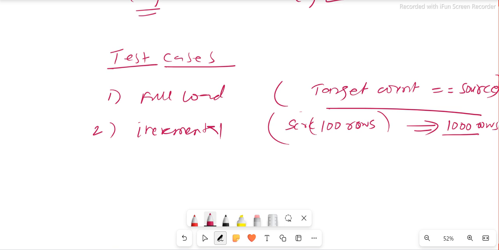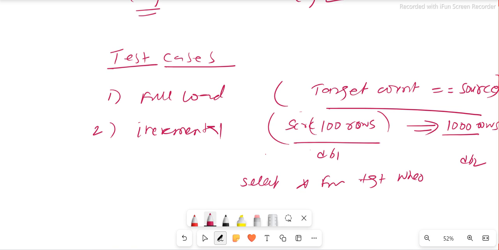So what I have to do is extract something like this. Let's say I have both the databases, just take a simple scenario. This is db1, this is db2. I can say select star from target where, and I can put a date, maybe a cop date or close of business date, etc. We'll put some date, and then we extract only those 100 records, whatever is coming from here, and then we take this record and do a minus